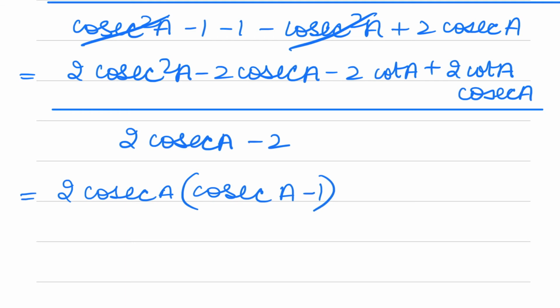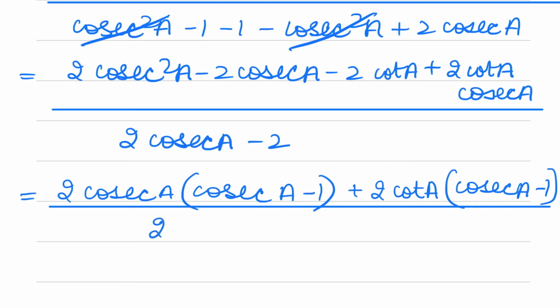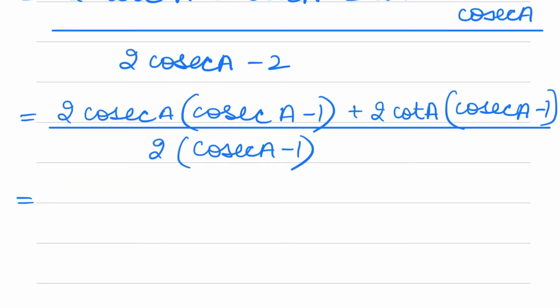In the next 2 terms also I can take plus 2 cot A common, I get cosec A minus 1. In the denominator I can take 2 common, so I have cosec A minus 1. Now in the numerator in both the terms I can take 2 common and I can write down as cosec A minus 1, and we are left with